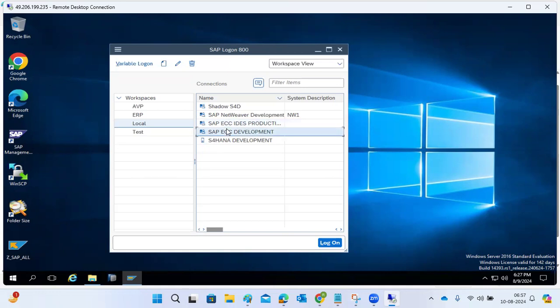Sir, yesterday during the logon configuration, we saw that in MMC the NetWeaver application was showing down, but the transaction code was working. That will work. I think I informed one of the persons in